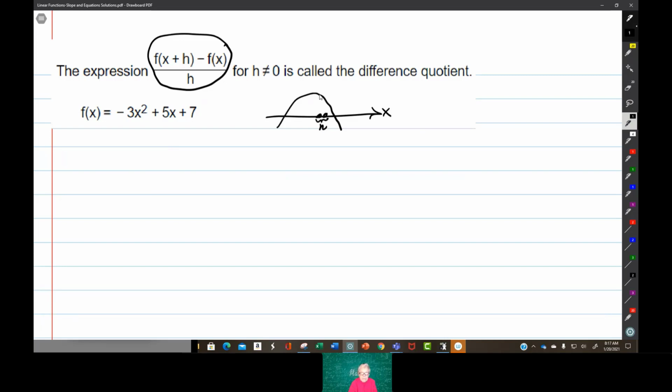And if you go up to the graph for this point, and up to the graph for this point, and then connect those 2 points,